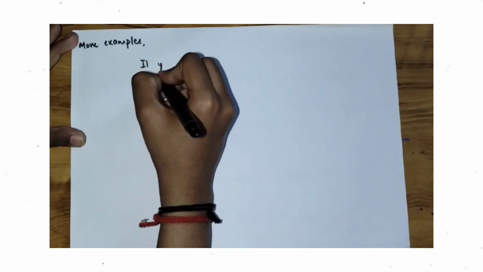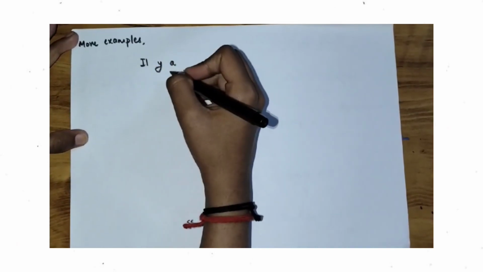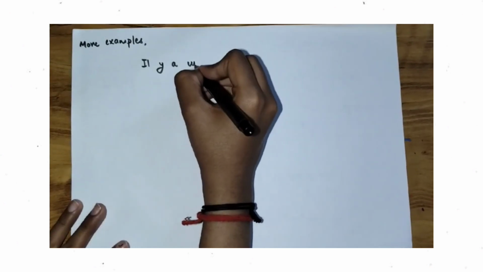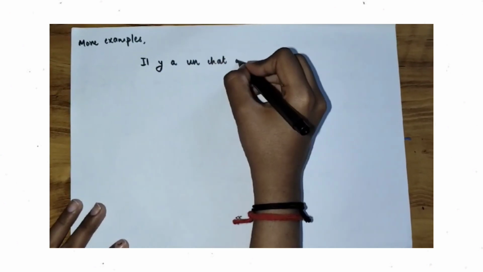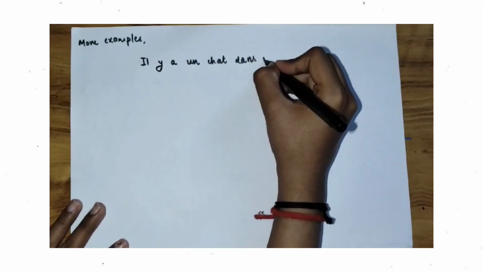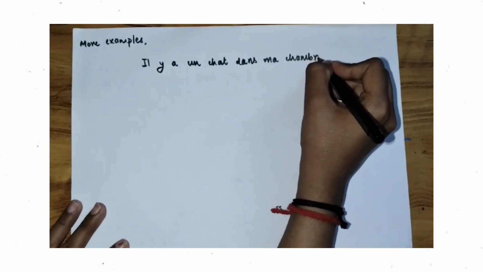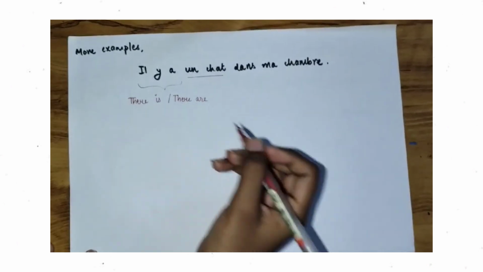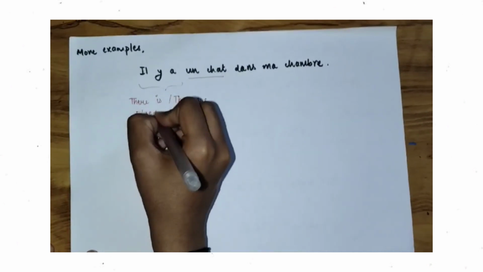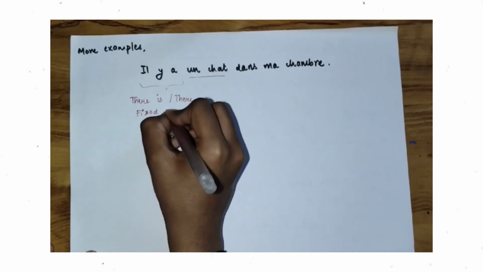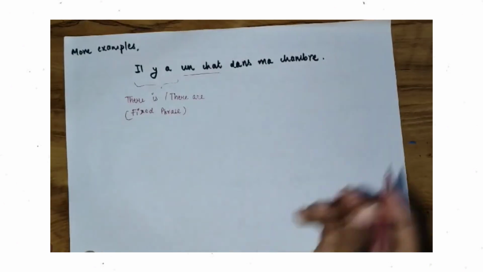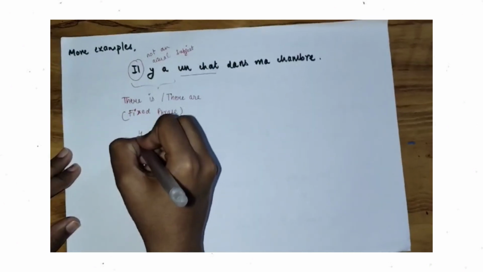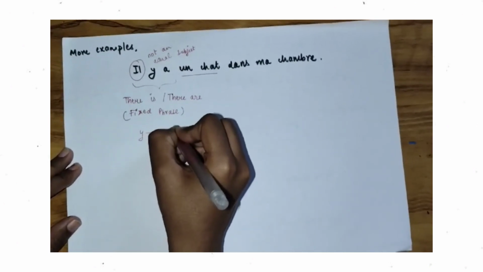There is also another way in which sentences are formed in French. One of them is il y a un chat dans ma chambre. Here we use il y a, which is a fixed phrase meaning there is or there are, after which we have used the subject un chat and then the object dans ma chambre, where dans is the preposition meaning